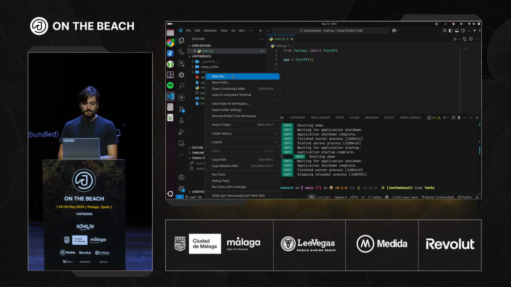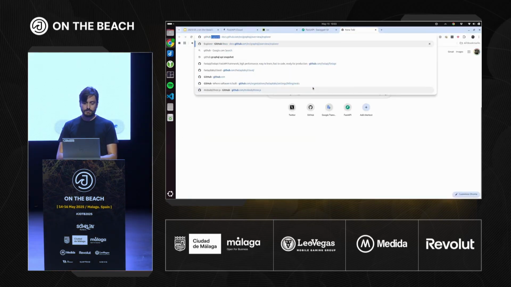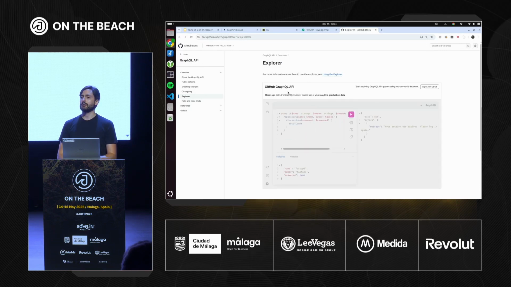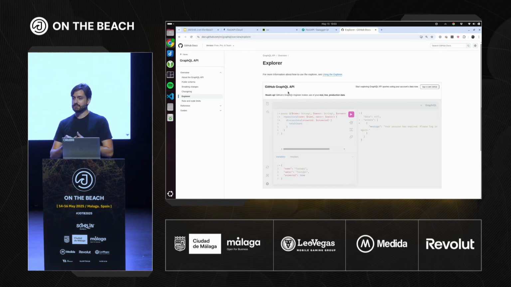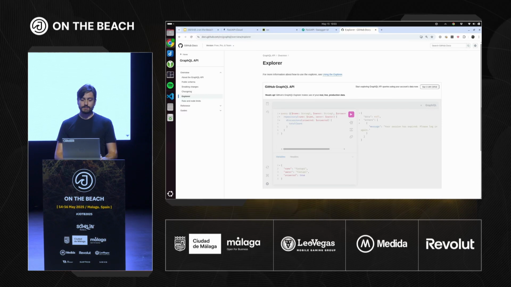So we're going to create a new file. Actually, let's first explore the GitHub API. So GitHub Explorer. GitHub has this UI to explore their API, and they have two flavors. One is just REST, just sending HTTP requests and getting regular responses. The other one is GraphQL. They have some things that are only available in one, some things that are only available in another. They are a huge organization, so they end up having all this mess, as we all do. But anyway, we're going to try this out.